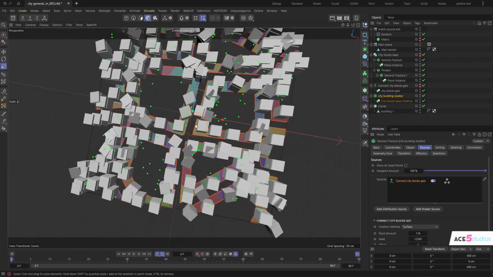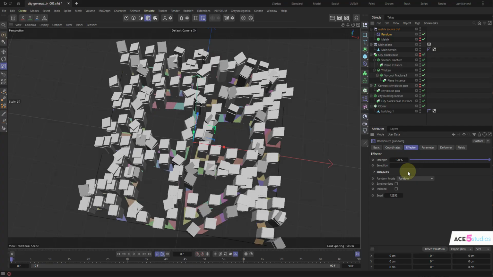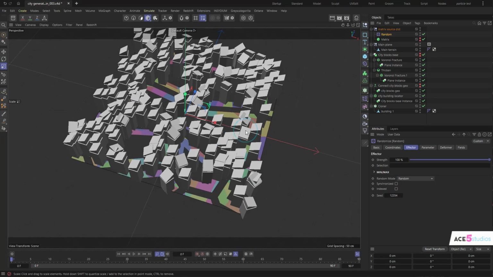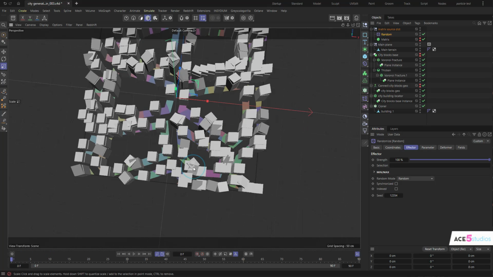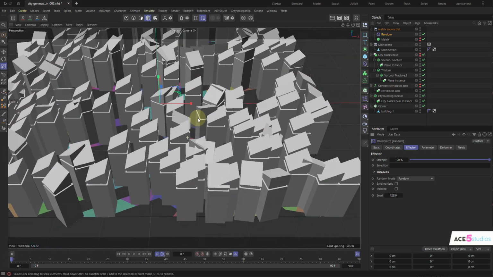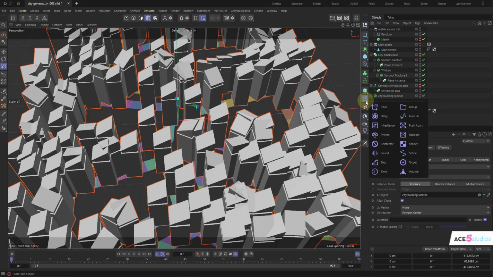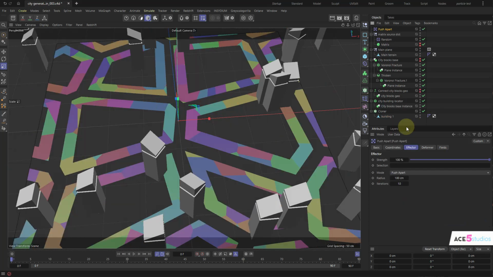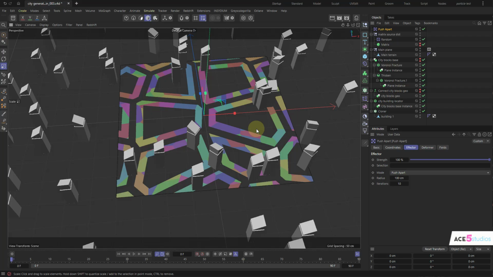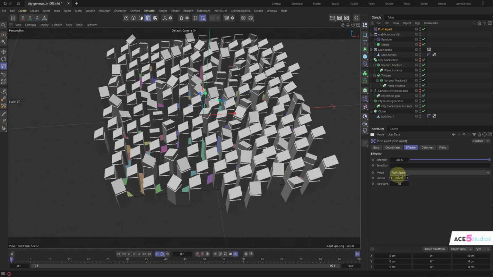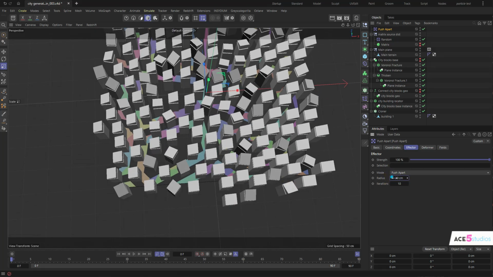You'll see some of them are intersecting. Actually, let's get a random thing. Let's also change our, that feels about right. Maybe sometimes you want to scroll this thing if it's not updating. And now what I want to do is use the push apart effector, so it's like a cloner, and let's go to here and push apart. There you go. That'll prevent intersections, but that's a bit too big. So let's make them like 10 centimeters, 20 centimeters. It seems about right,